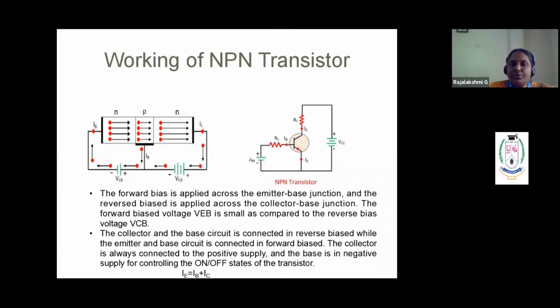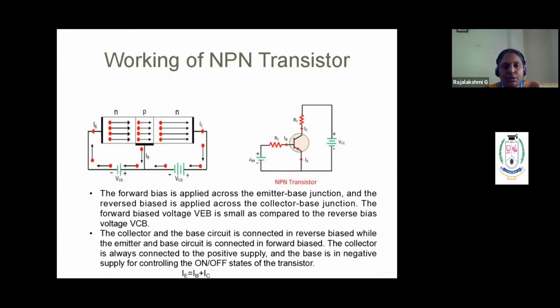When you give the input energy or input source to the transistor, the electrons from the N side will move towards the base. Say, for example, an amount of electrons are passing from the emitter and going to the collector. Before that, there will be some recombination taking place in the base region, right? Not all the electrons will recombine with the holes. Instead, 5% of the electrons will recombine with the holes, and the remaining 95% will leave through the collector junction. Then you can find the flow of current.